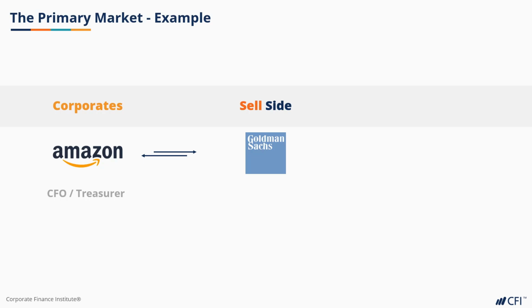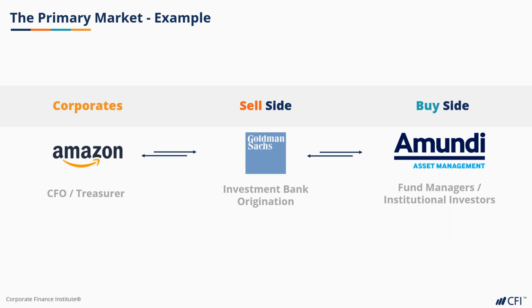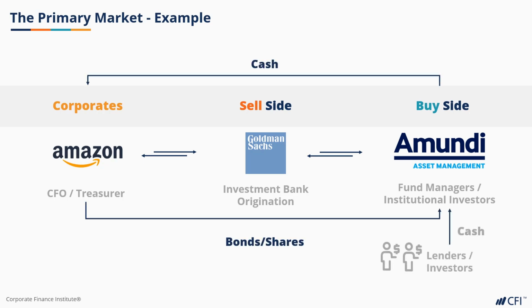Then, depending on the recommendation, Goldman's industry group coverage team would connect with their internal peers in origination, debt capital markets for debt products, and equity capital markets for equity products. The origination team then helps Amazon meet their financing needs by executing a new issue and finding global investors to buy Amazon's bonds or shares.